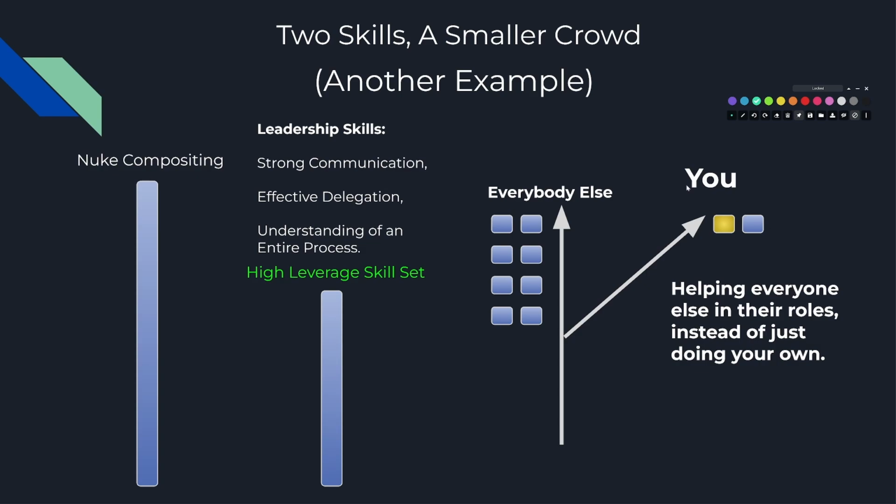But essentially, everybody else is just doing the job that's in front of them, but you are overseeing this entire process. So instead, you're helping everybody else in their role, which means you're doing a high leverage skill set because your decision, and not only your decision, but your skill and your ability to see what needs to be done, has a higher impact on the team. That's why supervisors are paid more, obviously, because they have a higher leverage skill set, which is going to affect everybody. So they need to have good decision making. So that is essentially high leverage skills.